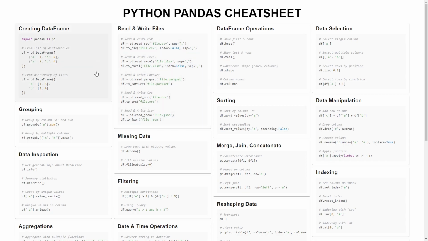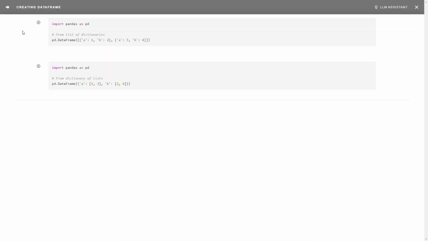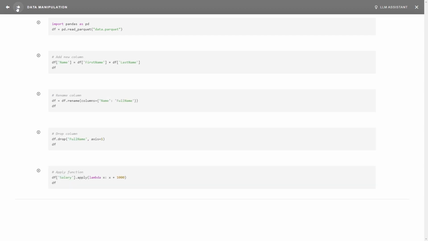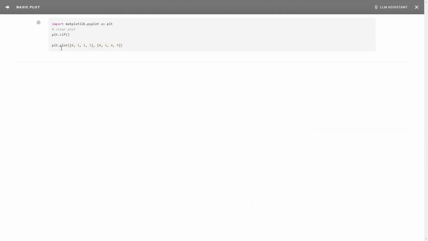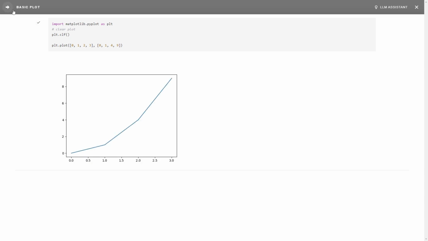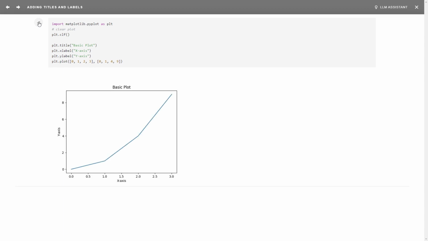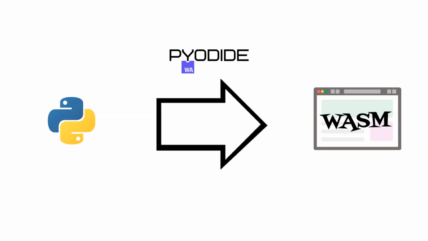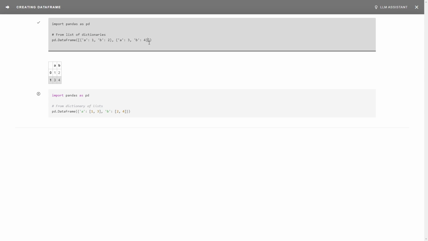In the first step, I have built a Vue web application with responsive cheat sheets layout. Next, I have brought Python into the browser using the Pyodide library. Pyodide is a port of CPython to WebAssembly. This means that we can run Python code right in the browser, seamlessly integrating live coding examples and real-time feedback